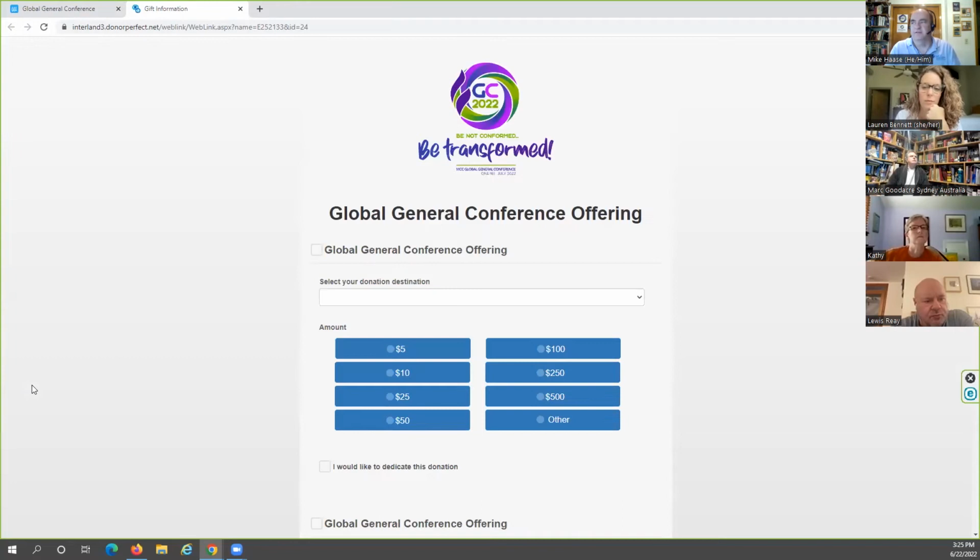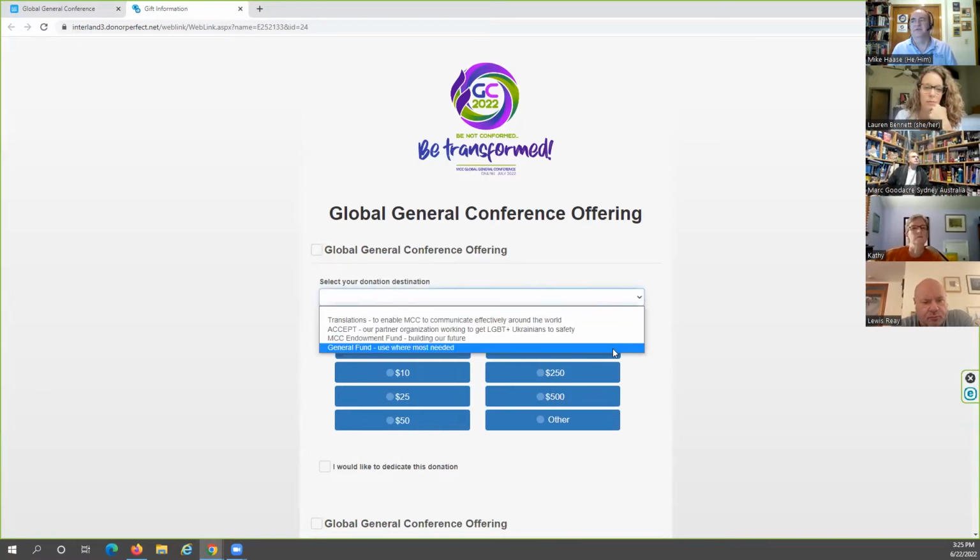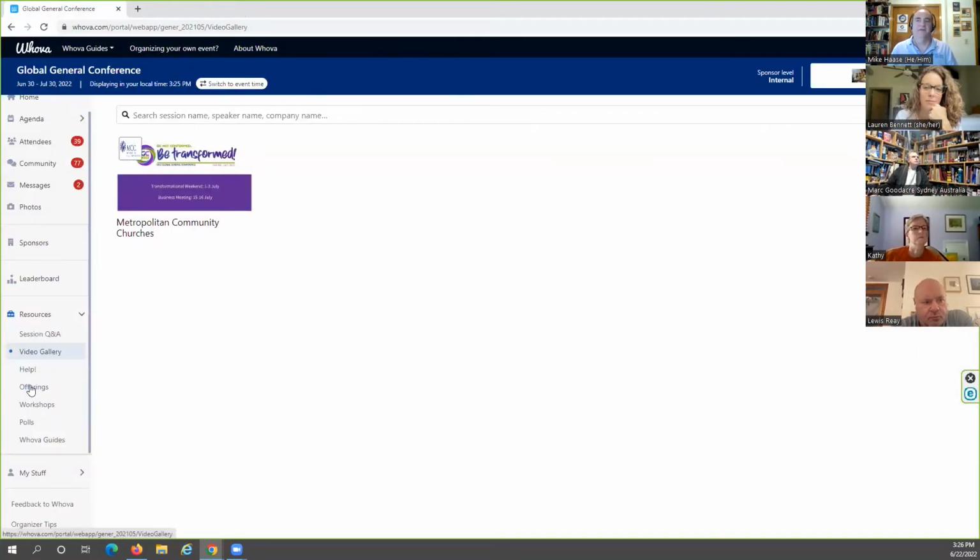Collecting offerings is a little bit different. Normally we would collect offerings during the worship service, and while we will still be having a time for offerings, you can give offerings through the app, and there are some funds here that we have selected to give money to for this general conference. And so back in the Whova app, if you click on offerings,